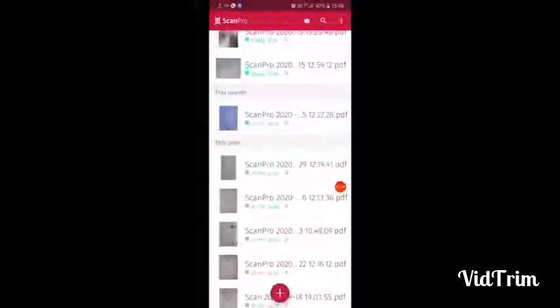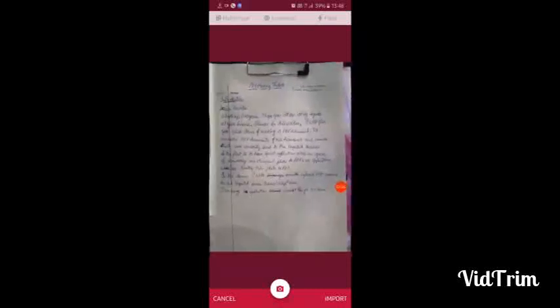The first step to make a PDF is to upload the photos to the device. For this, we will click on the add button. Our camera will open and we can click photos of the pages we want to upload as a PDF. We need to keep our hands steady for a crystal clear photo. It will take some time to convert. This is the first page of the document.